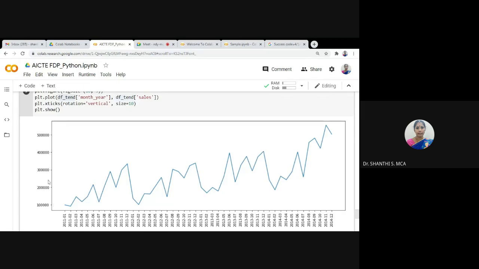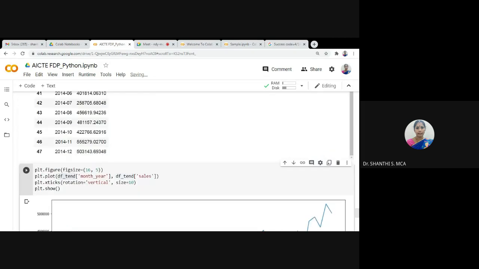In my data set, I am having the data for day-wise sales. First you have to find the sum of month-wise sales. After finding the sum of month-wise sales, we are drawing the graph. So month-wise sales is available in the df trend.